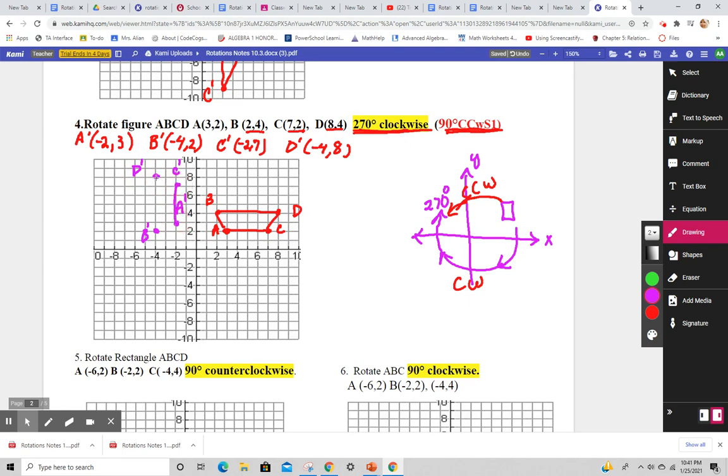So we just connect them. And that's it. We rotated it 270 degrees, which is the same thing as,